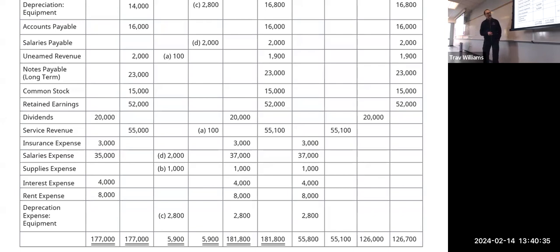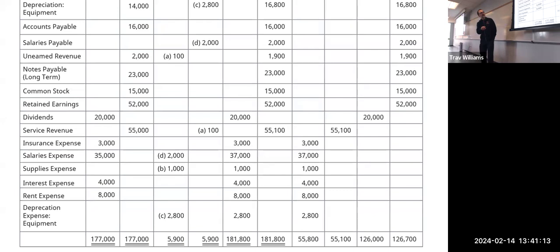Okay. So if we look at these two columns here, now notice they don't match. They didn't give us all of the information. We're going to have to do a little bit of calculation here on our own. So ignore these first 6 columns. Okay, let's just look at these two, and let's see what's going on. We know that these two columns are the income statement, right? So we have revenue and we have expenses. This is the revenue.